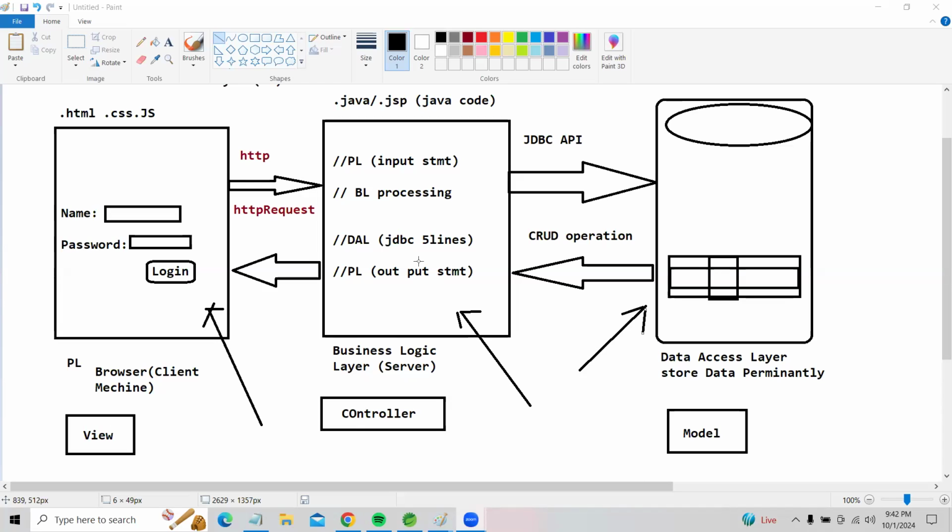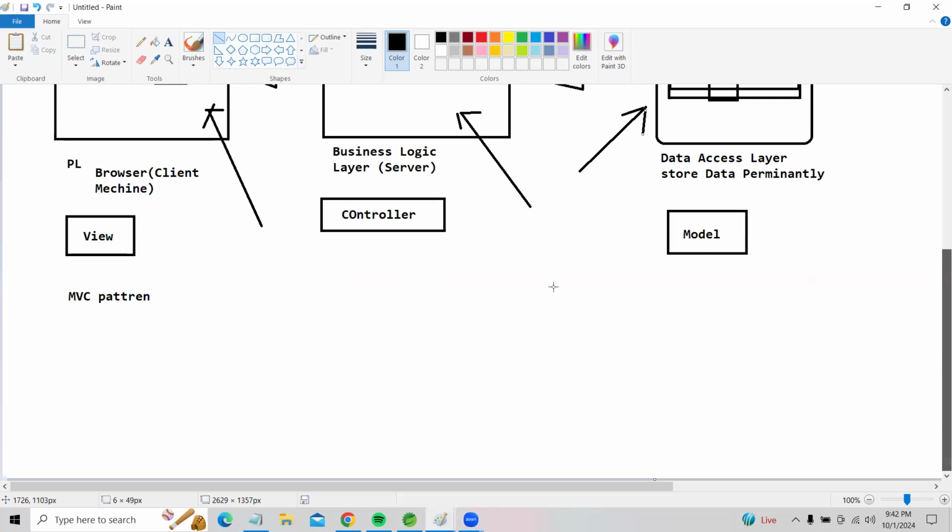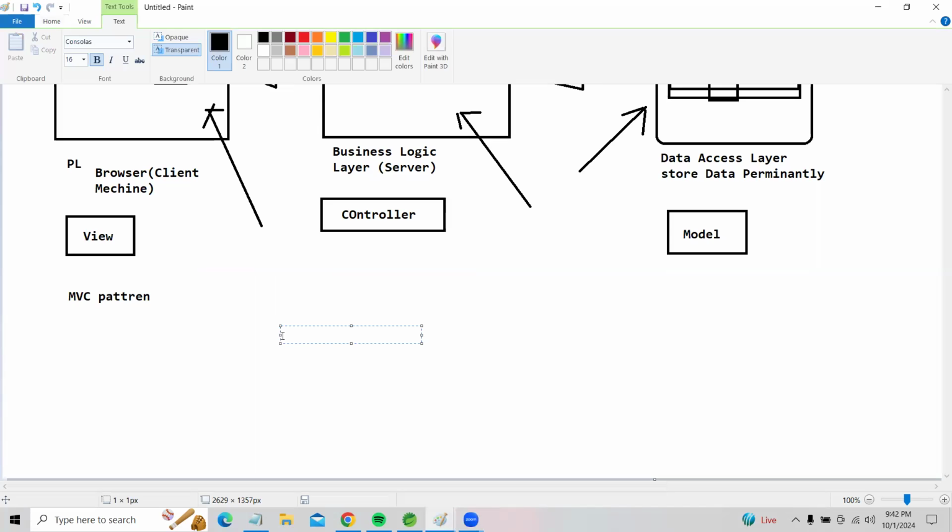I will explain it to you. Please understand, don't worry about it. In the business logic layer we write some common code. Even to perform the CRUD operation, we write common code here also. Sir, if as a developer you write common code, the first problem is that the developer gets burdened, because every time he writes duplicated code. If you write common code, the lines of code keep increasing, guys.